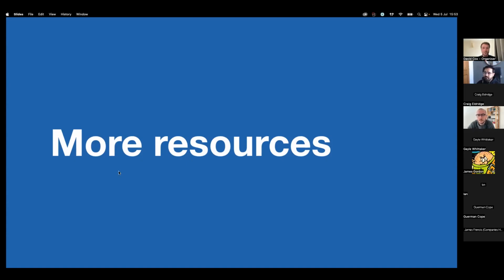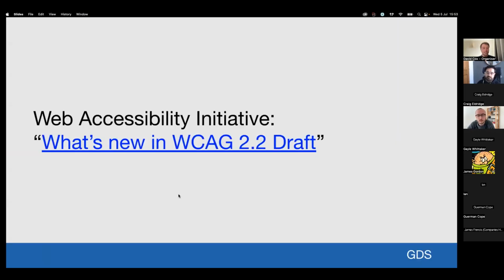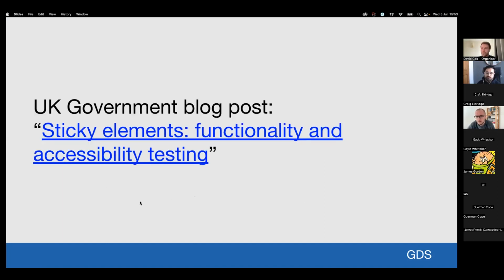We've got a couple of resources for you here, and then I think we'll end with one or two questions and a retrospective on the day, which will come from Imran. There is this page about WCAG 2.2 in general, which is a good resource. It's called What's New in WCAG 2.2. It's currently in draft, so they update it a couple of times every month or so. And if you're looking for more information about sticky elements in general, there's this blog, I think it's from 2018,